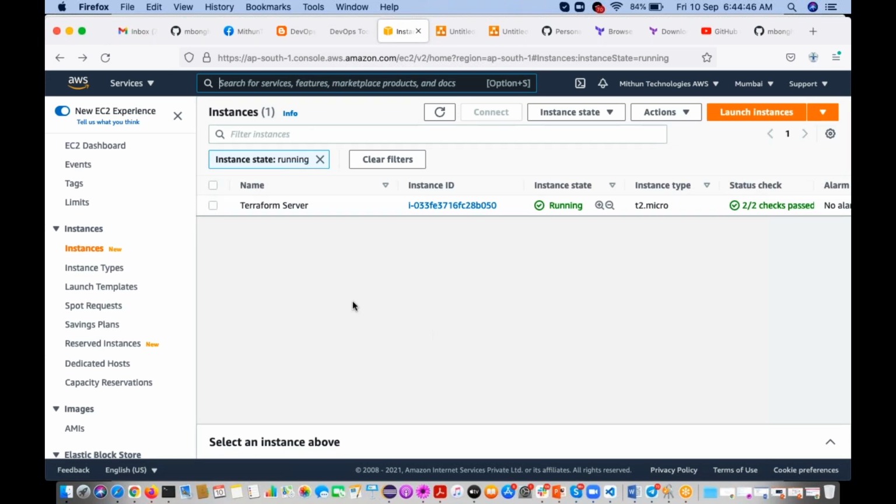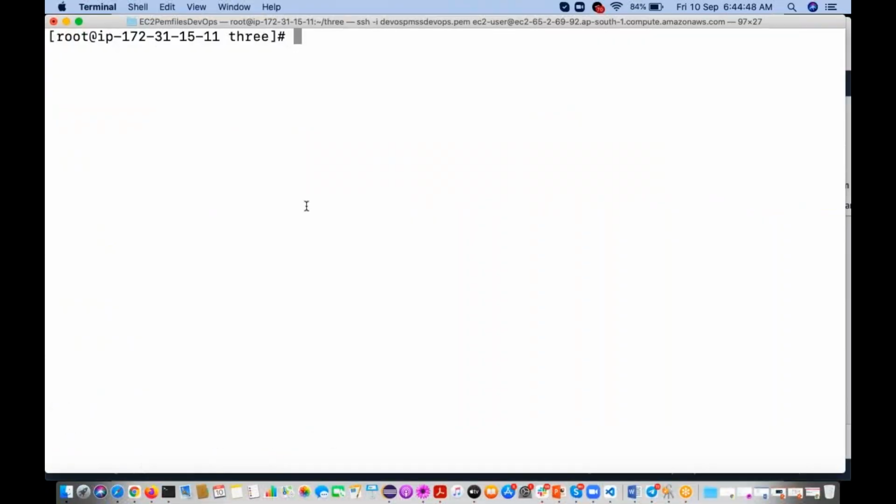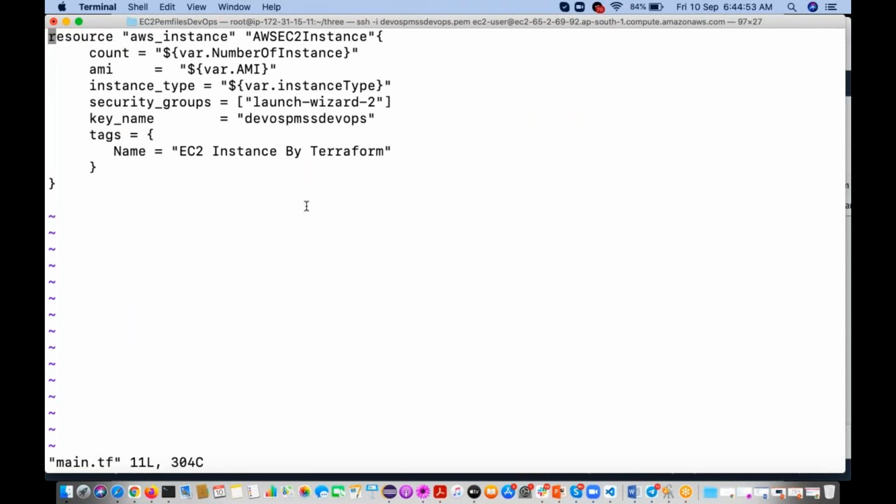So now what I will do? I will change the main.tf only. See here, instead of only the name, I'm going to add the numbers 1, 2, 3 like that. Dynamically, suppose we are passing 3 instances, you will see that in the count. I need to get them one by one, 1, 2, 3.